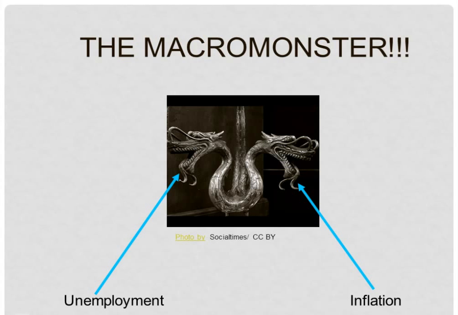And as it turns out, throughout the semester, we're going to be fighting the macro monster. But the macro monster has two heads. And anytime we only fight one, we actually might be making the other one stronger. So what we're going to look at today is how do we begin to understand these two evil heads, and how do we begin to deal with them so that neither one becomes too powerful and too strong. And in doing so, we make sure that the economy never gets into too high of a peak or too low of a trough. And remember, we said that was our goal from our last lesson.